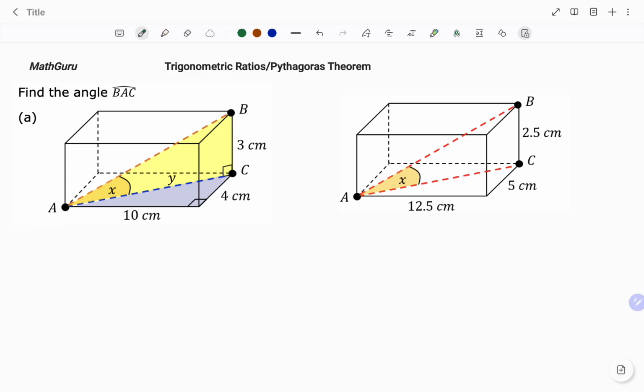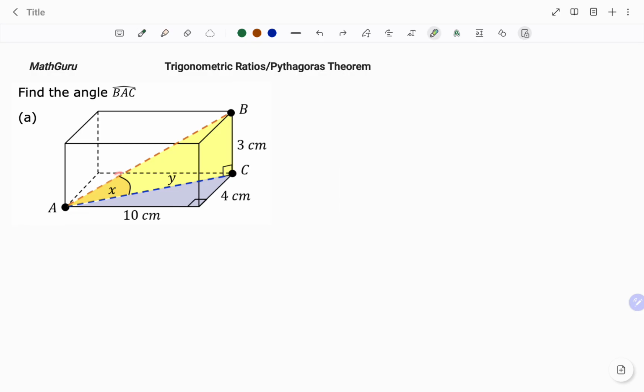In the first example, we have a cuboid given with the following dimensions, and in order to find the angle BAC or X, I need to find the value of Y as shown. And in order to find the value of Y, I'm going to use the right angle triangle AC. I'm going to call the last point R, such that if I draw out the triangle,